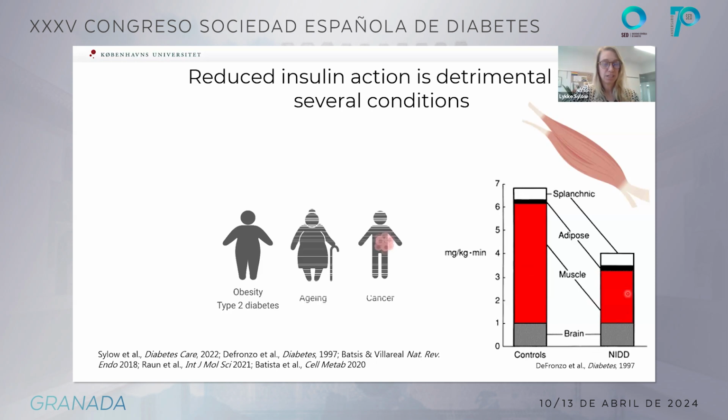This is also the case in other conditions, such as aging, and we're also starting to understand now that insulin resistance is important in cancer, but I will focus my talk on type 2 diabetes. There really are significant gaps in our understanding of the molecular signals that drive insulin-stimulated glucose uptake and why they are reduced in insulin-resistant states. Understanding this better really represents a major scientific challenge for us, which is exciting, but it could also be an untapped opportunity for medical exploitation.